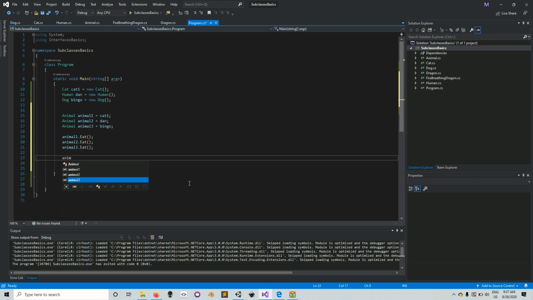Also, we can say animal1.speak. Now, this is the power of that abstract speak member that we created inside animal. Notice that we're using the animal as if animal1 is a cat. We're using the cat as if it is an animal,